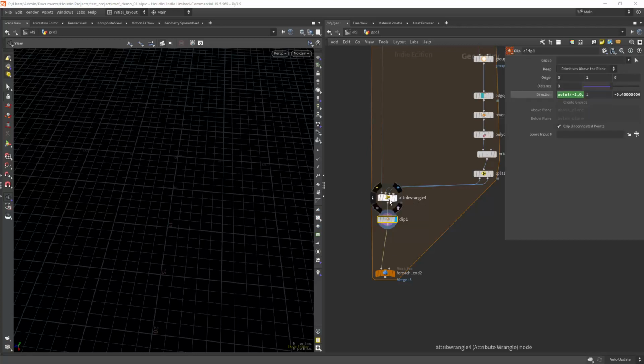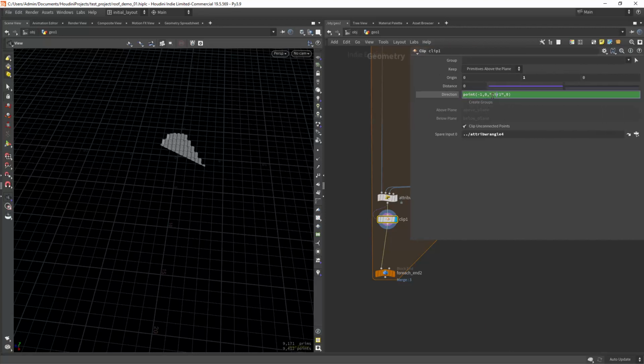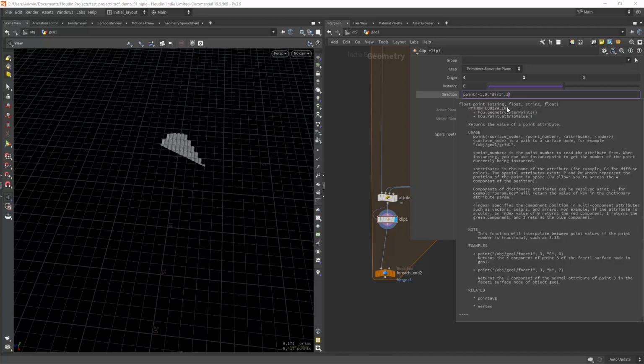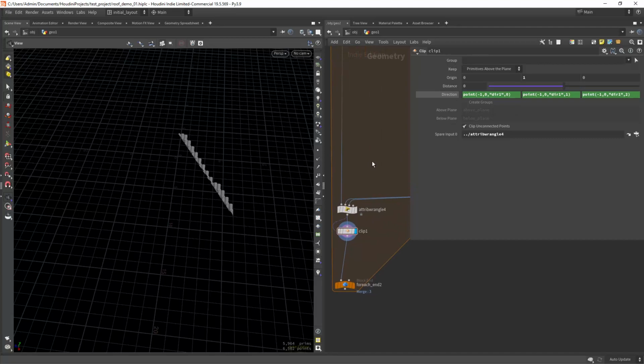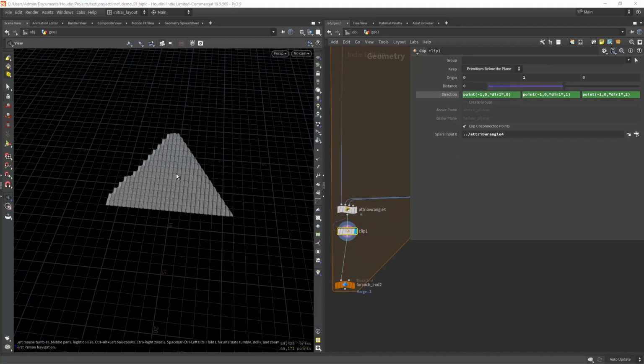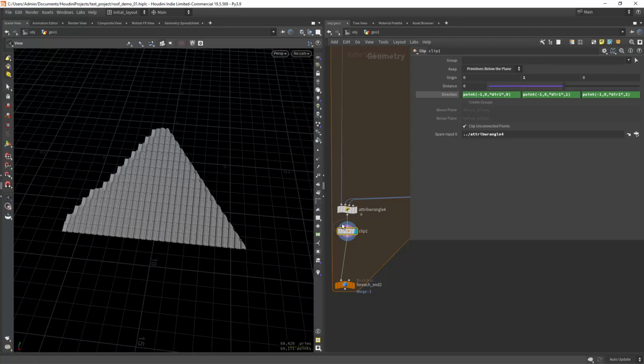So add spare input. Let's connect this. So index 0, component 1, and component 2. So we might need to change these primitives below the plane. So now we just created the cut on the right,